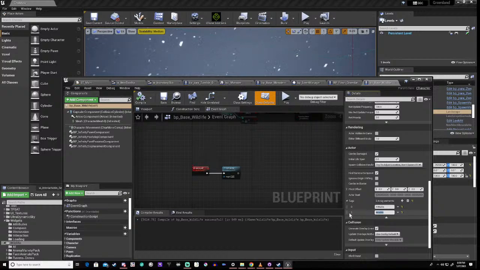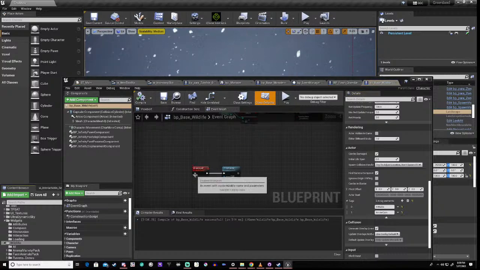And we'll add, what did we call this again? What did we call this? Arrow cam. We called it arrow cam, right? So we'll call it arrow cam. So if the monster,